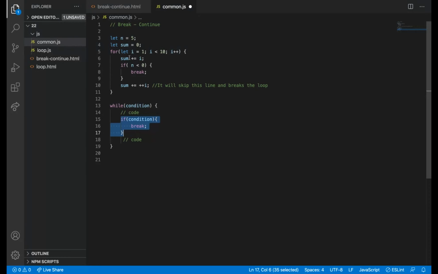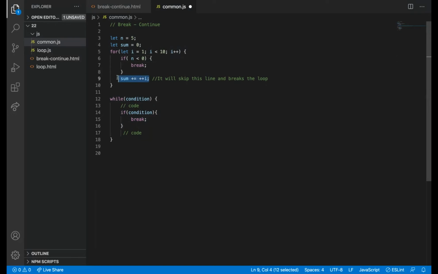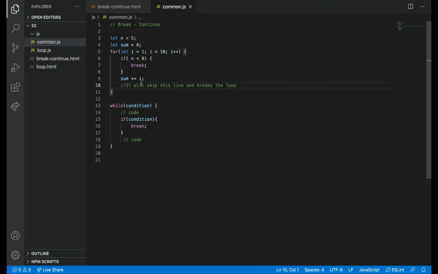They are doing this here because if I write like this, it makes sense: whenever I'm finding a positive number, till then I'll sum. Whenever I'm finding a negative number, I'll come out of the loop. If the code is here, what it will do, first it will add and then it will come out. But if I'm writing it here, whenever it finds a negative number, it will come out of the loop. So this example makes sense that whenever we are finding a negative number, it will come out of the loop.